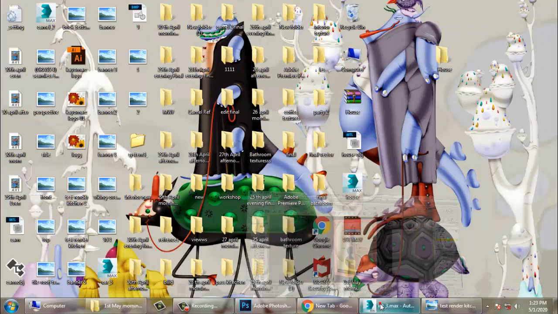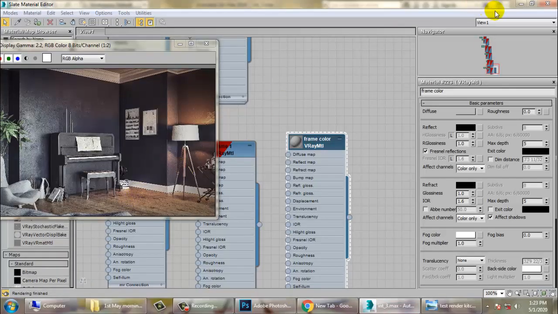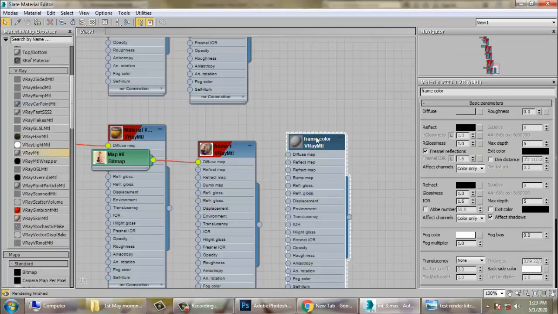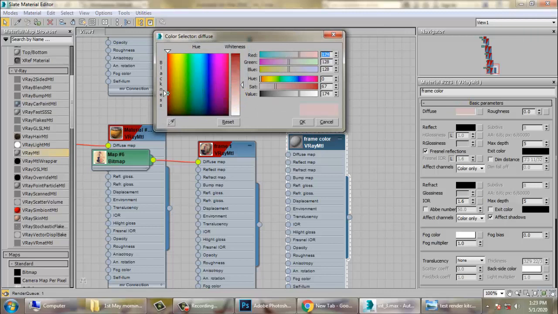can just assign a color to the frame, so we can just assign a bit of a darker color.